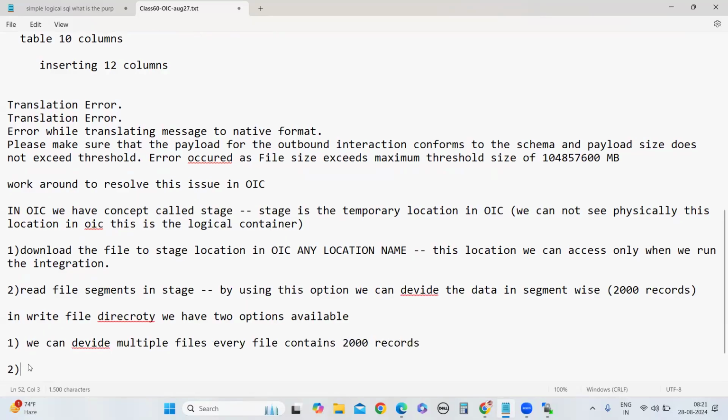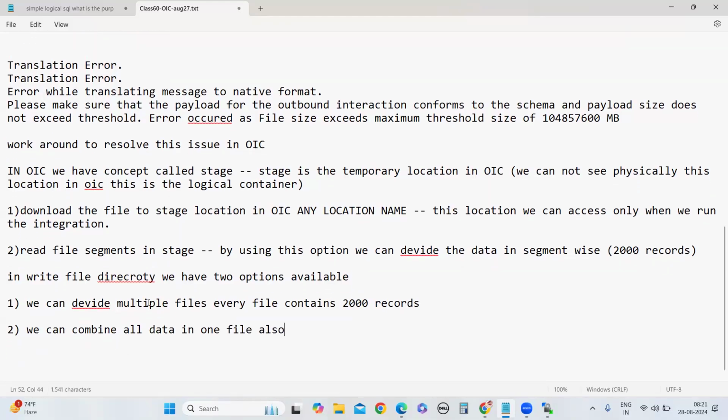Or second, we can combine all data into one file. We need to ask this before we send the data to the third party system.